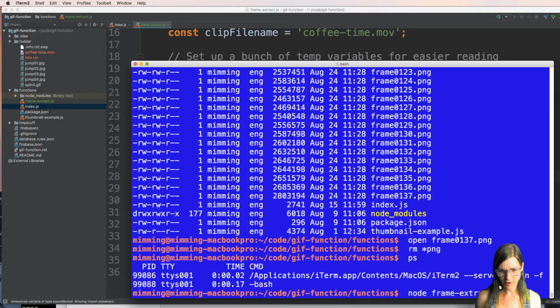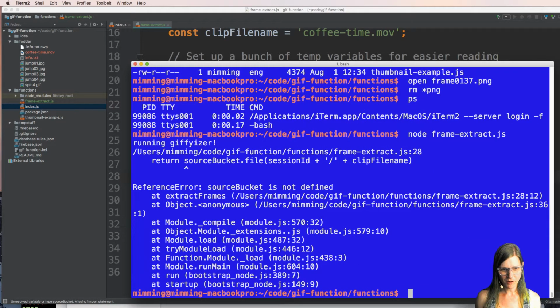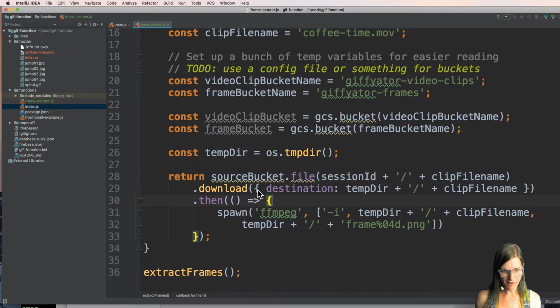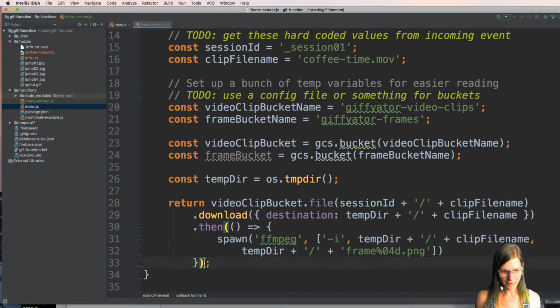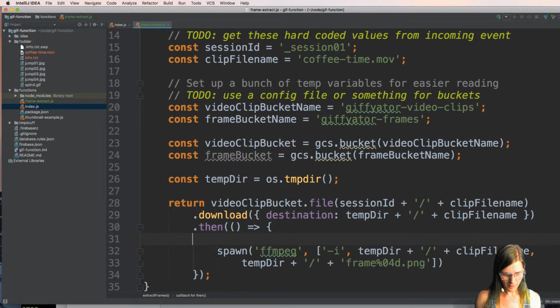Frame extract.js. And it crashed right away. That's pretty cool. So storage source bucket is not defined. Source bucket. Oh, well, duh. So we're going into the video clips bucket and we're getting that. Then let's do